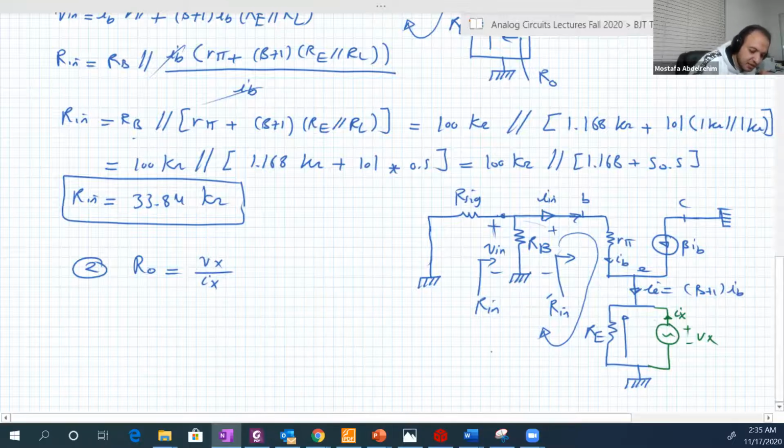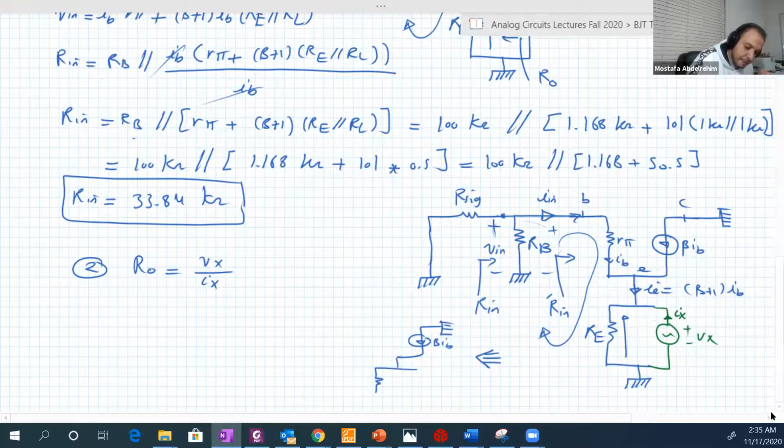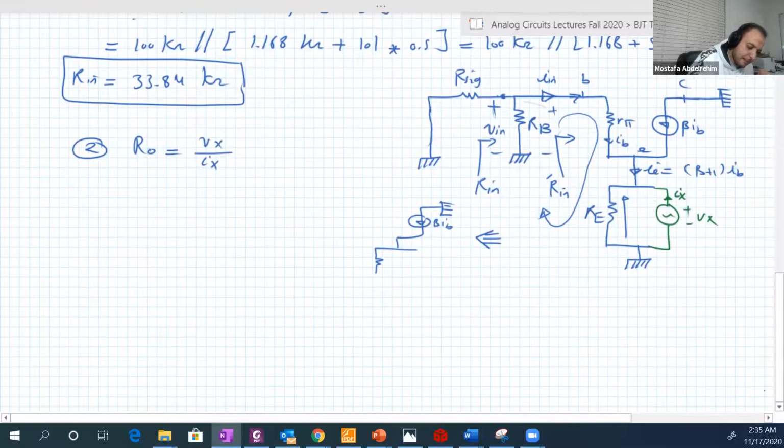I'm going to simplify it a little bit. So beta IB, Vx, Ix